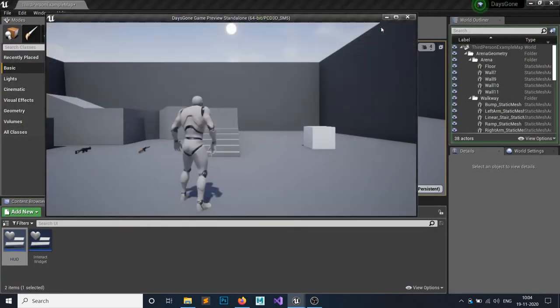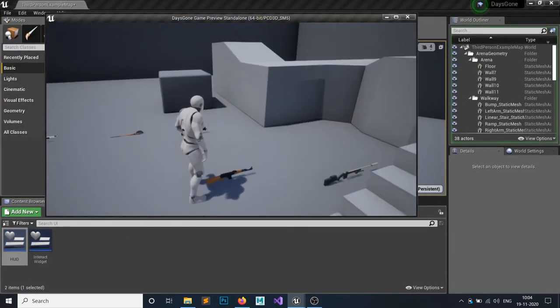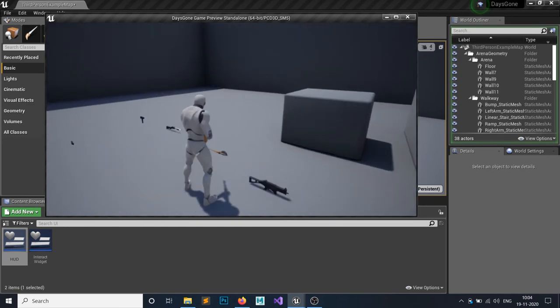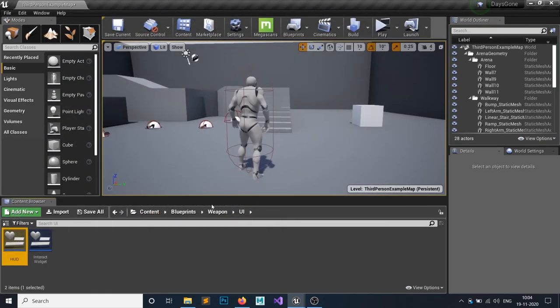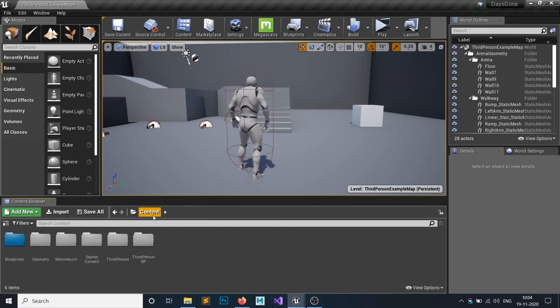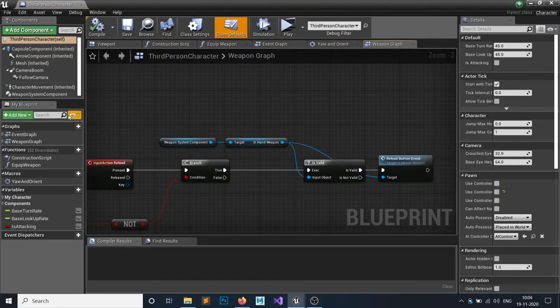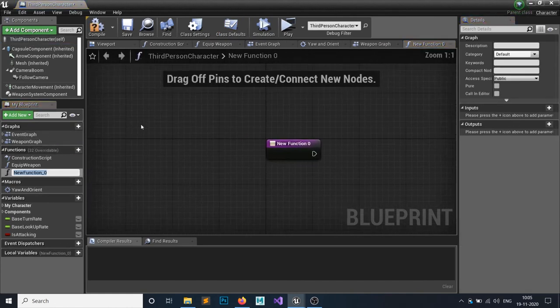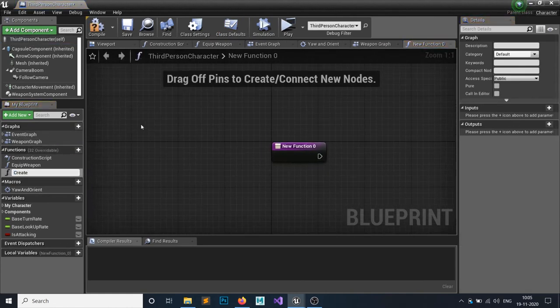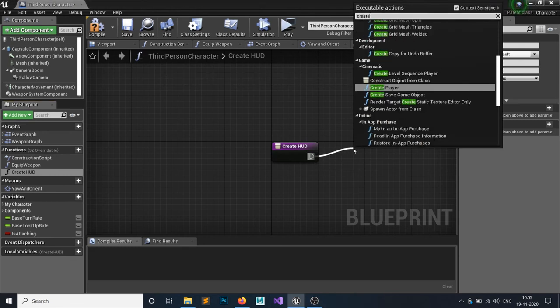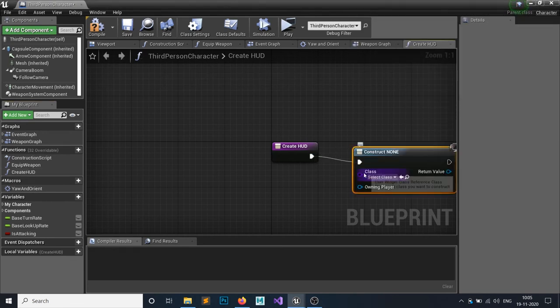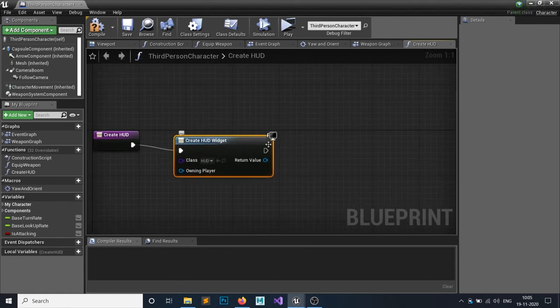Hit play. Now we don't show anything. Okay, we haven't created this HUD. In the content, in my third person player character, let's create a function called create HUD. So let's create a widget. A widget would be the HUD widget. Promote it to variable in case we need this.